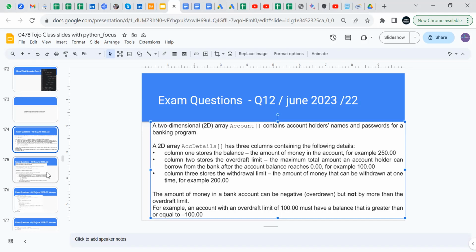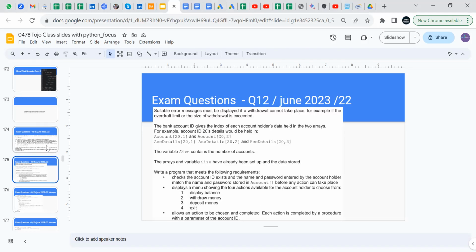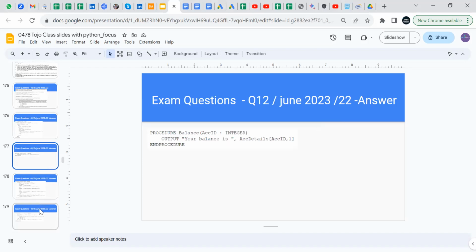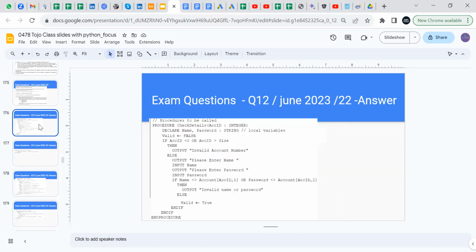You see how long it is? And you see how long the answer is. It is such a long answer that I even wanted to work with you together to convert it from the pseudocode